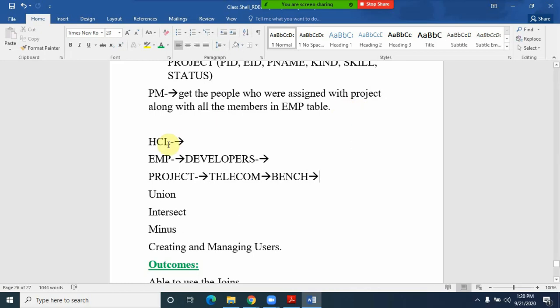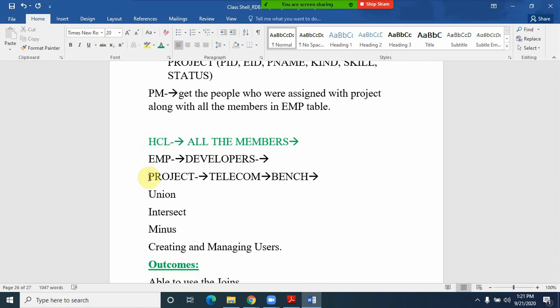According to the project manager's requirement, he wants to get all the members, no matter whether they are on the bench, in a project, outsourced, permanent or temporary. He wants information from HCL payroll employees, and at the same time the persons who are not on the payroll of HCL but outsourced from some other company.